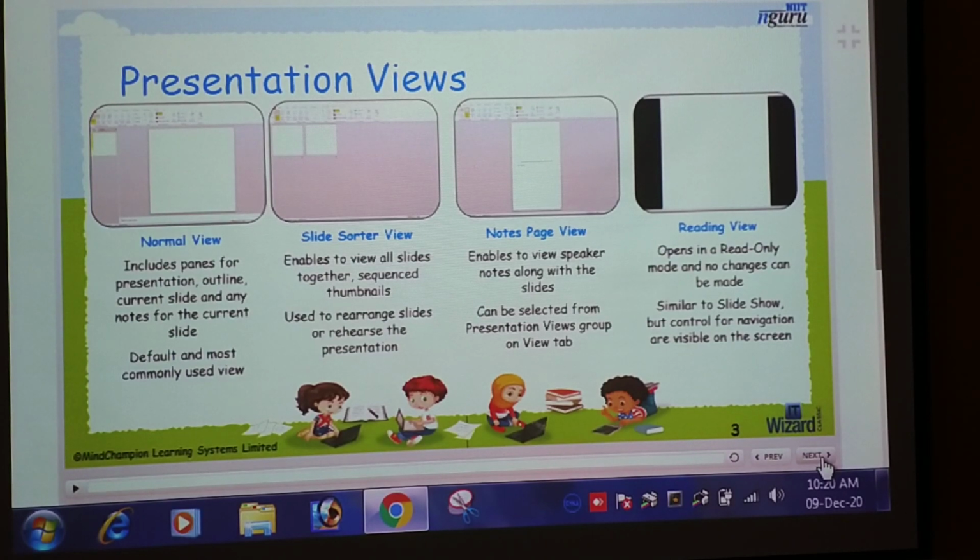Reading view opens in a read only mode. Okay, no changes can be made. Similarly, slideshow view, but the navigation controls are visible on the screen. Slideshow view is also known as full view.